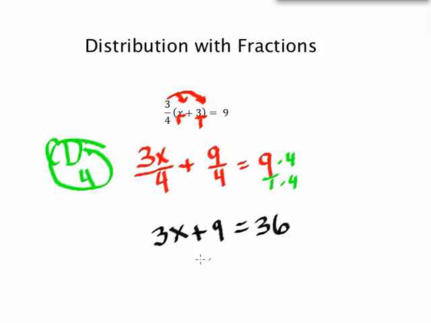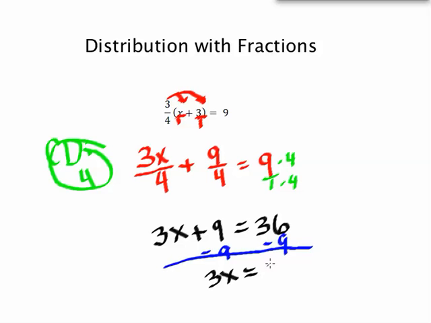I'm a couple steps away from solving this. Remember, at this point we want to undo the addition or subtraction that's going on, so I'm going to go ahead and take away the 9 that's being added here, inverse operations. And when I do that, I get a 3x